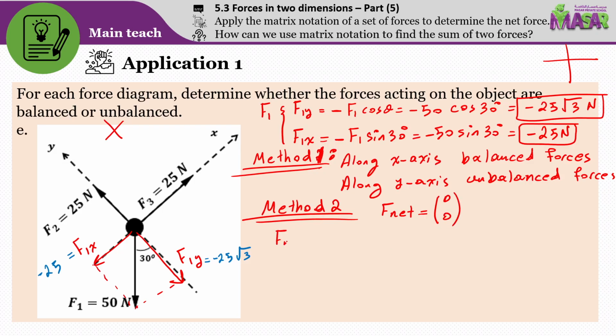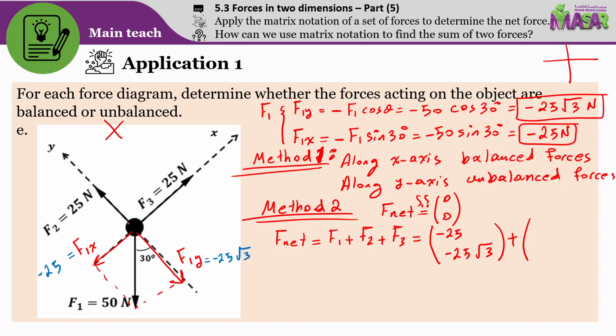Now let's evaluate the F net. We don't know yet if it's balanced or not. We're gonna evaluate it. We know that the F net is equal to F1 plus F2 plus F3. Now for F1, we're gonna write the matrix notation. The input must be the F1x and F1y. F1x we found to be minus 25. F1y is equal to minus 25 radical 3. Plus for F2,